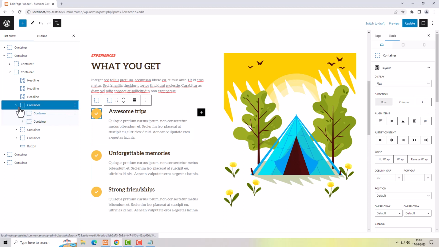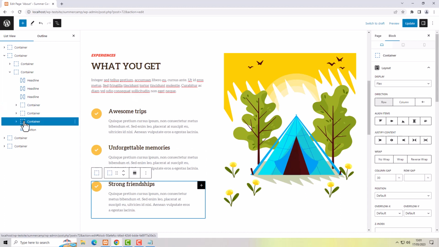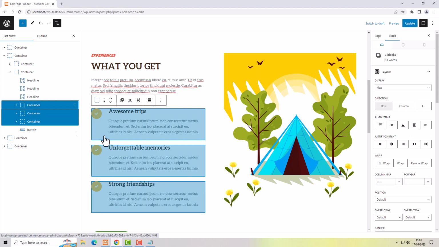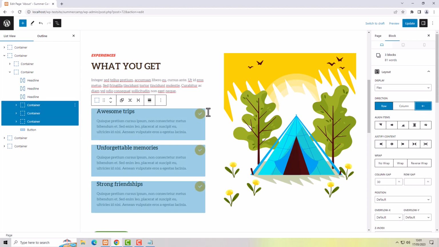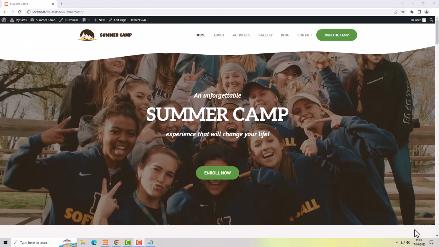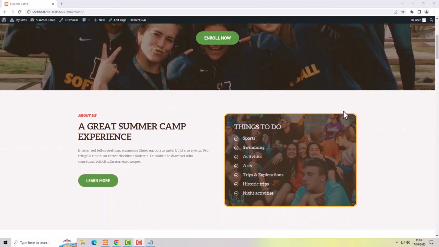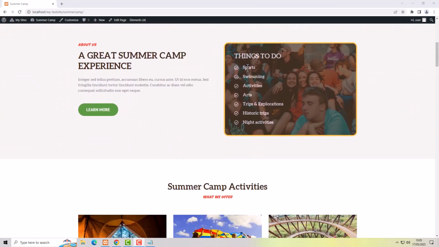What I'm going to do, I'm going to change all three of them. So I choose, select them all, row reverse, and the icons move to the other side. What I want to do now, I want to change these headlines. These are headlines, and I want to edit those. So I'm going to edit the page,